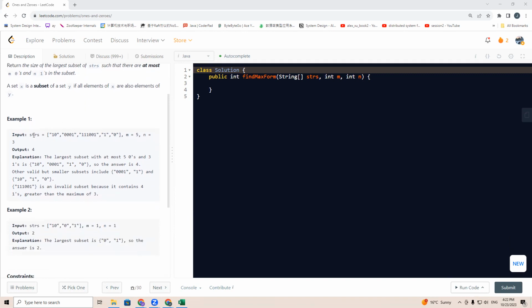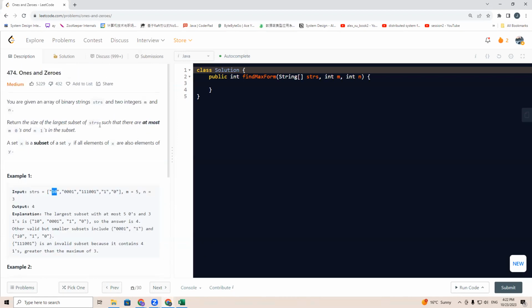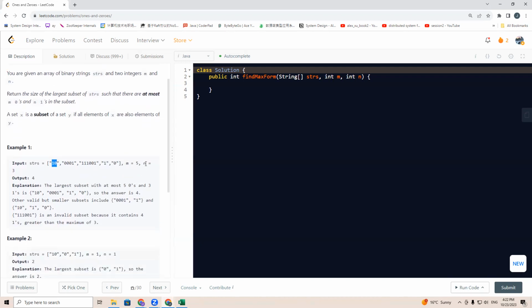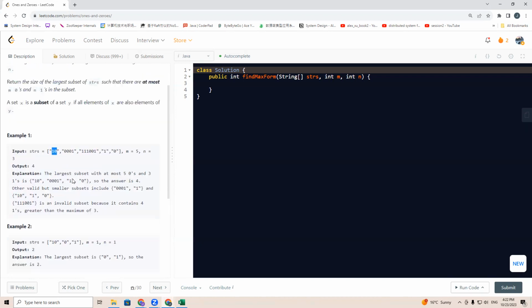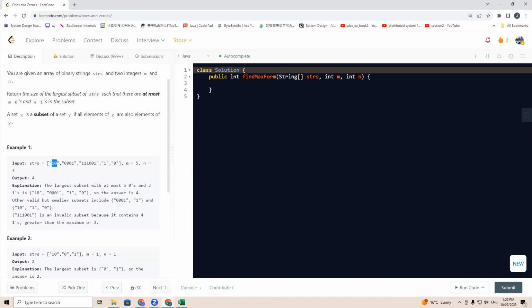Take an example. Let's say it has strings like this. If we do not exceed m zeros and n ones, we can at most select 4 strings. So it returns 4. This is a kind of classical